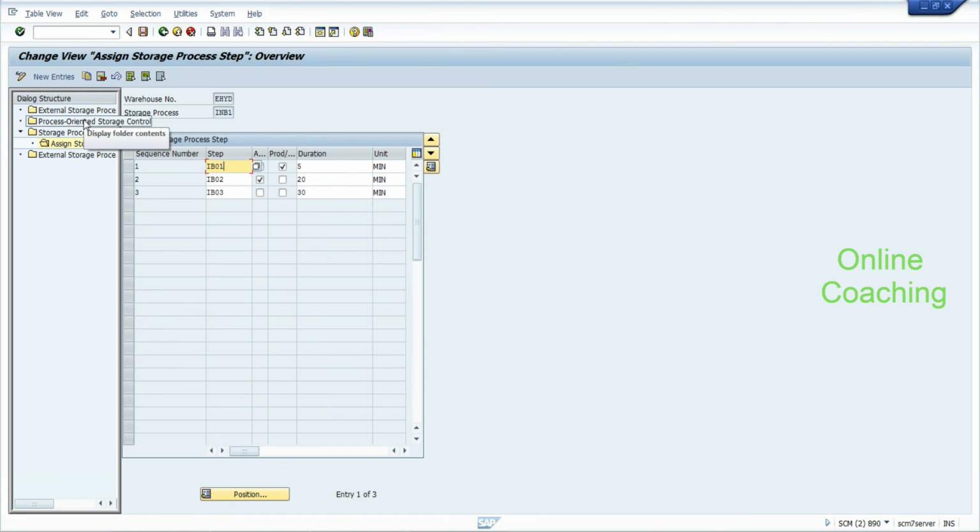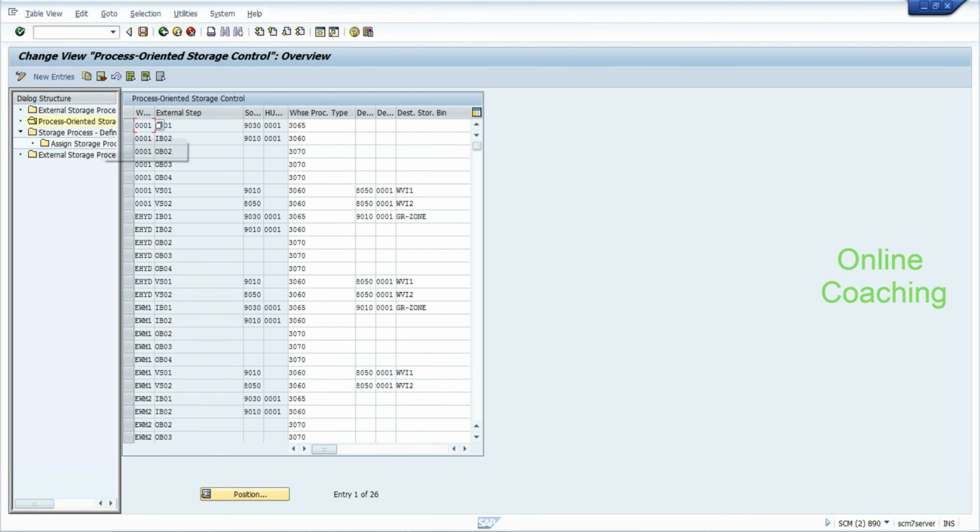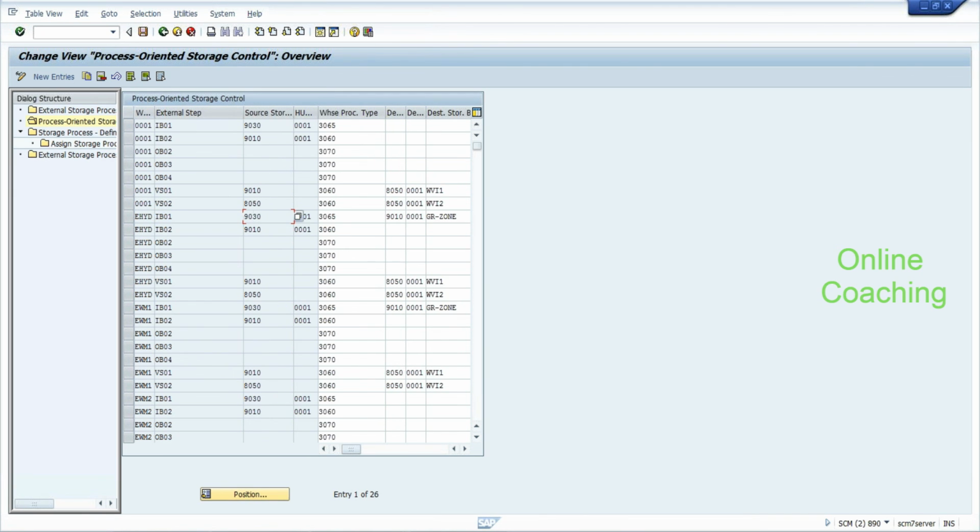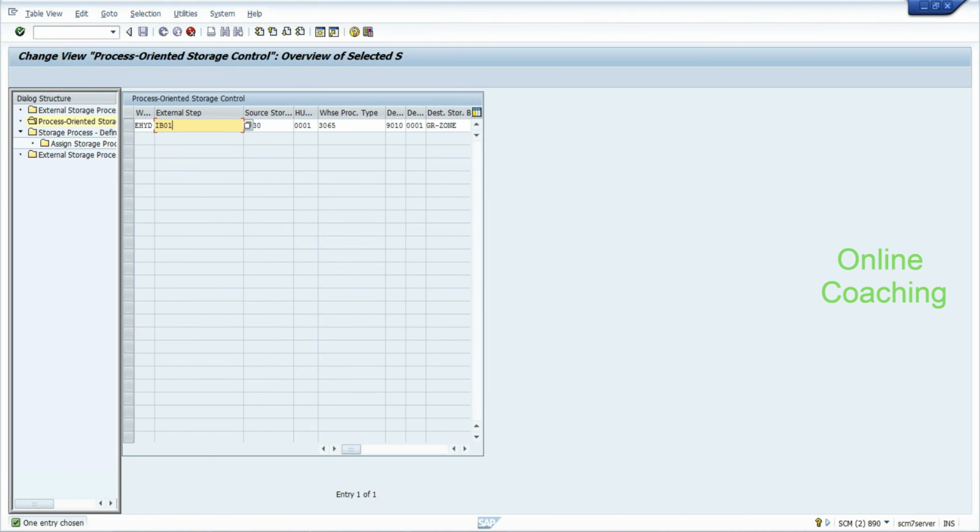So for IB01 in EHYD, now I got the problem: our door actually should belong to 9030, and if our HU type is 0001, then only it has to use this as a target. So what I can do is copy this thing. Now if it is IB01,